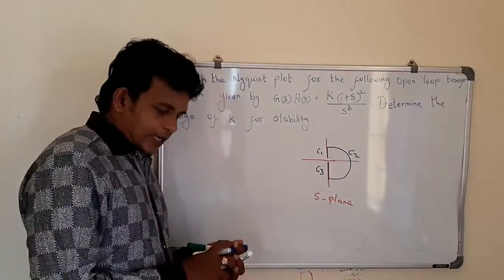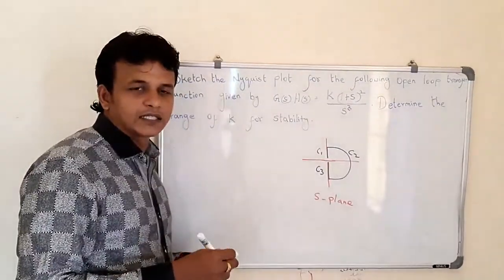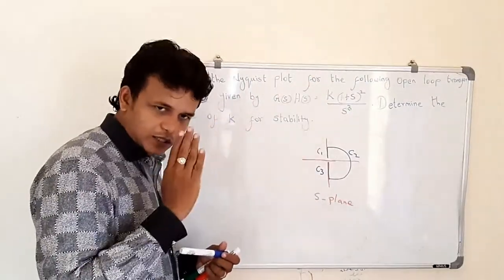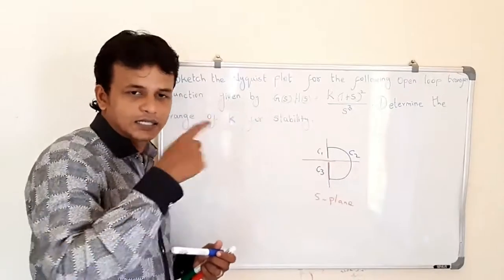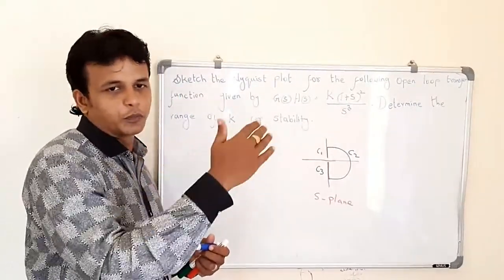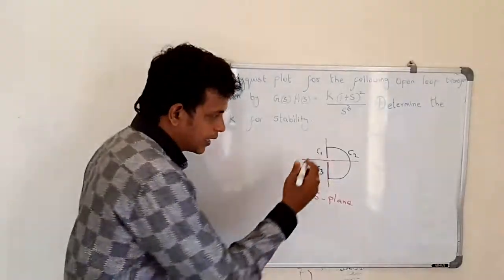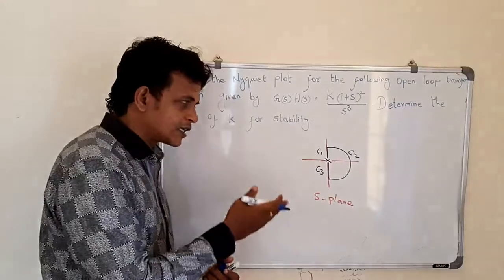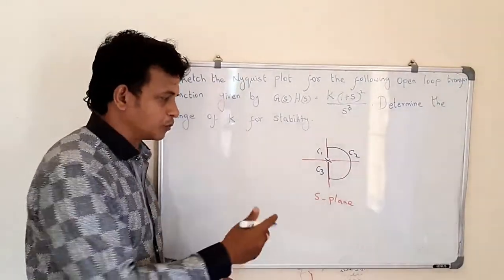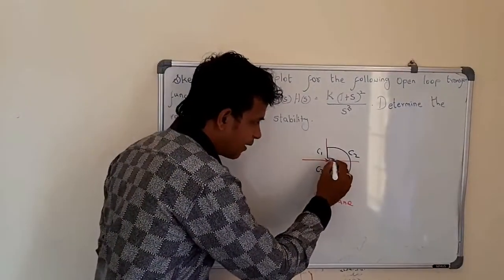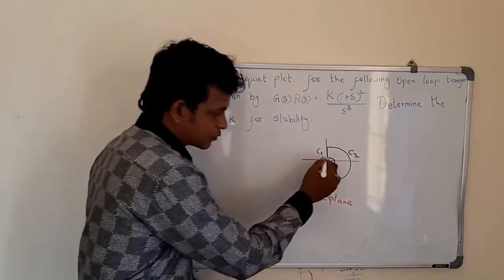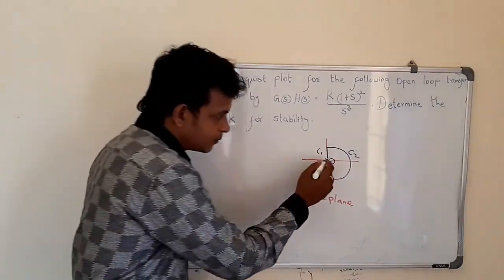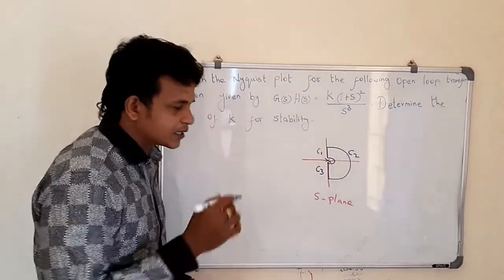If we have any pole on the imaginary axis, then the Nyquist contour, instead of crossing the pole location, encircles the pole. It moves around the pole, it skips the pole. For example, if we have a pole at the origin, we can consider that it is also a pole on the imaginary axis. In that case we will have the Nyquist contour like this. It doesn't cross the origin, it moves around the origin in this manner, and this is also an arc with a radius of 0.